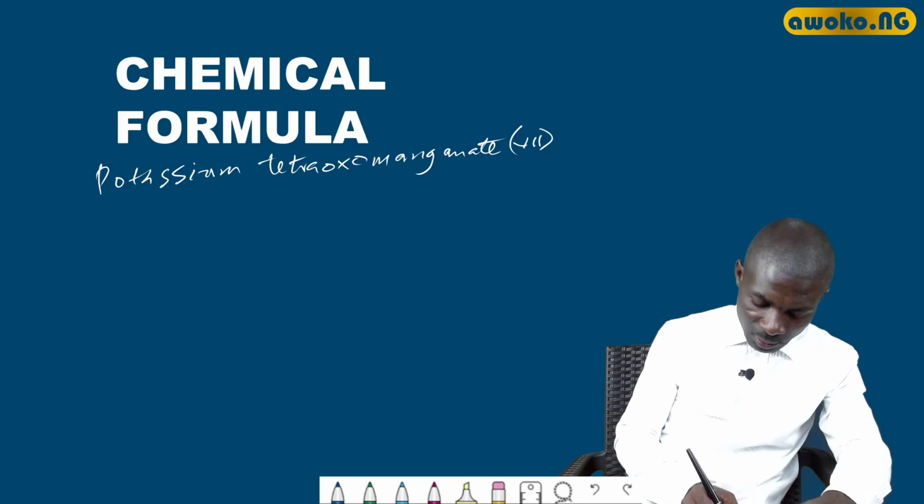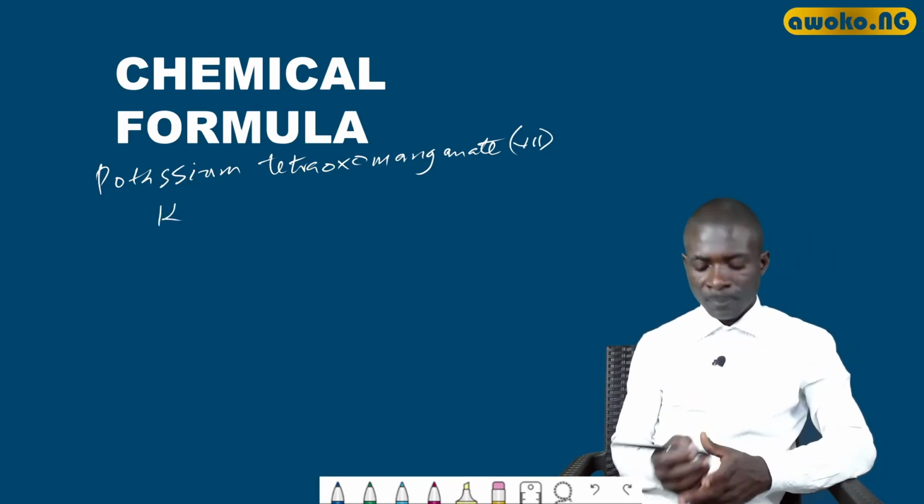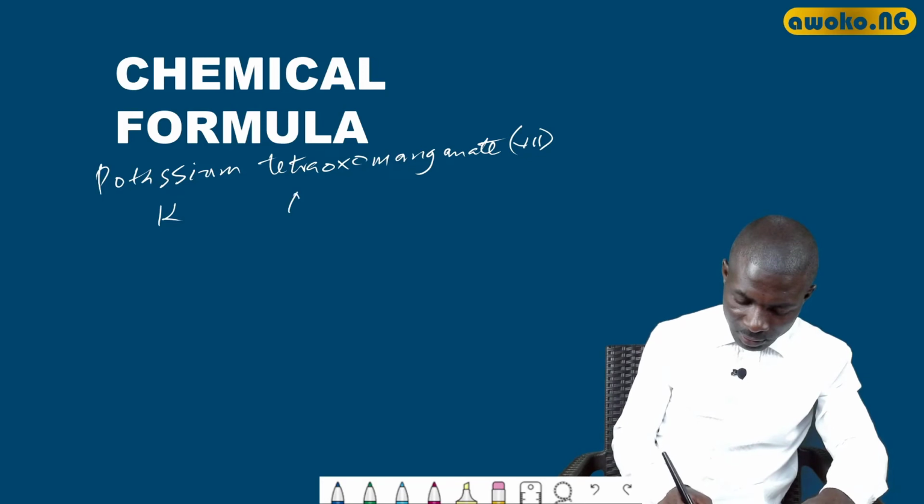Of course, potassium here has a symbol of K, while tetraoxomanganate 7 is written as